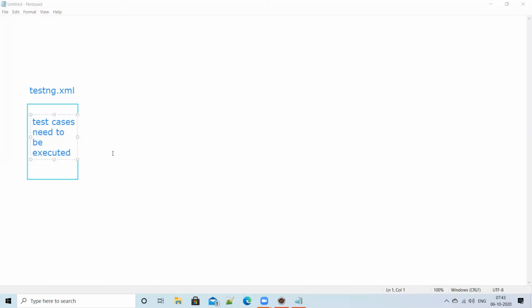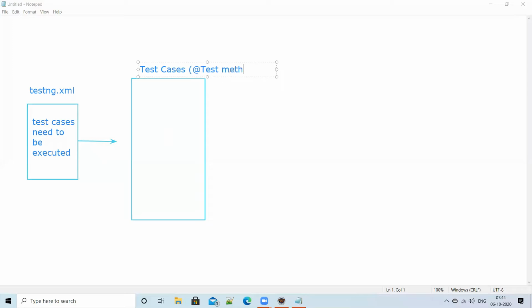So from here, what is happening? It is going to the test cases. Like here you have test cases, in other words, test methods.